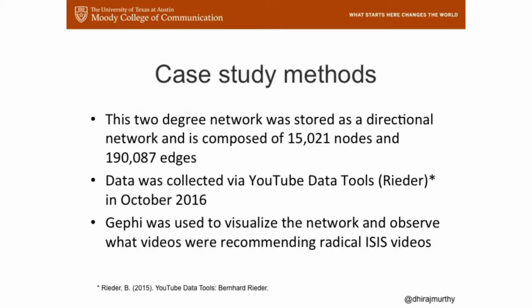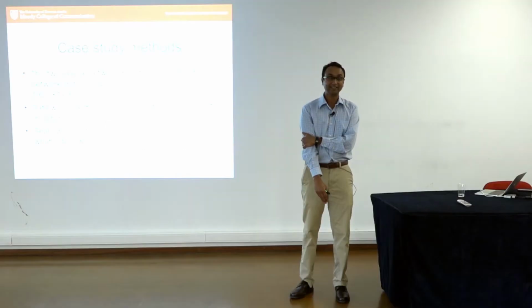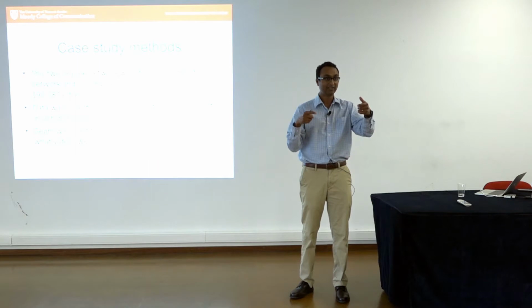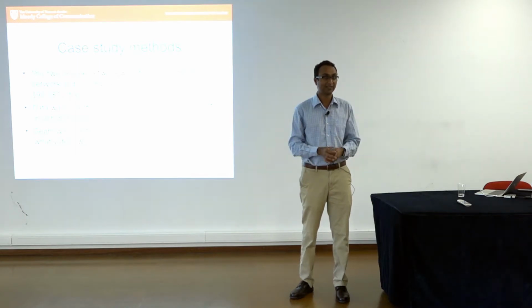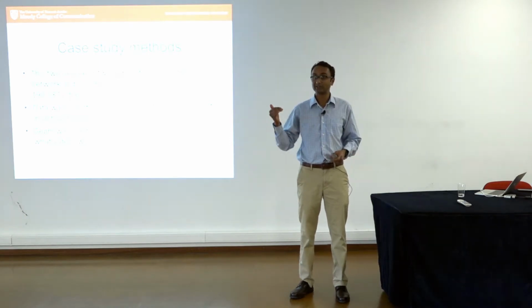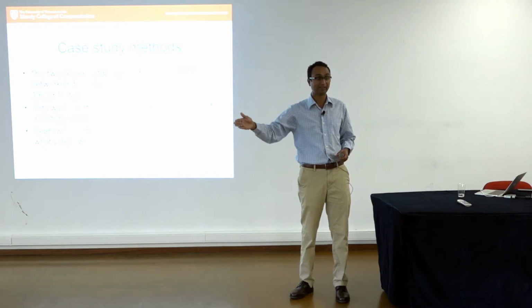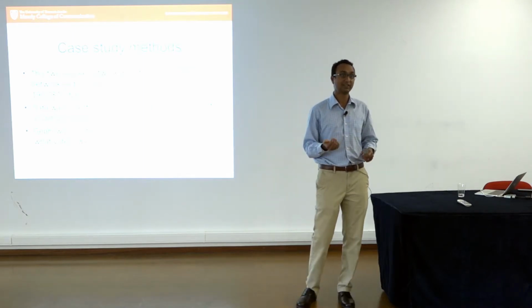And then what I did, as I described in terms of crawl method, is went through and got 15,021 videos that were part of this network, with 190,087 connections between the videos, called edges, right? And those were directional. So I was seeing what videos were recommending what videos. Now, to put this in context,